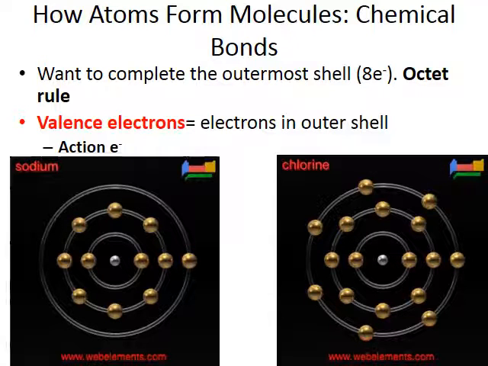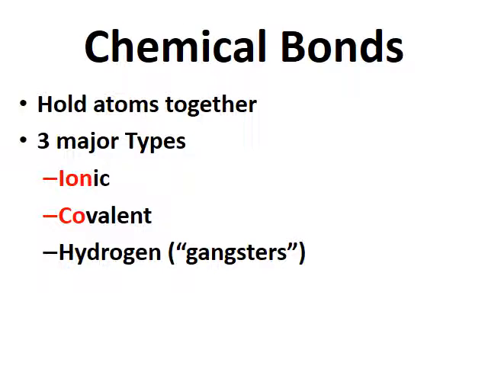Now, these atoms are floating around in space, different spaces all over the place, and as long as their outermost energy level is not full, they're going to interact with one another. Because they're not considered happy, we'll just say happy for them to make it nice and simple, until their outermost energy level is full, and that's called the octet rule. So until their outermost energy level is full, they're going to start interacting with other things that are around them. They'll take some electrons, they'll give up some electrons, they'll share some electrons to satisfy that octet rule. And when they do that, they're going to form bonds, different types of chemical bonds.